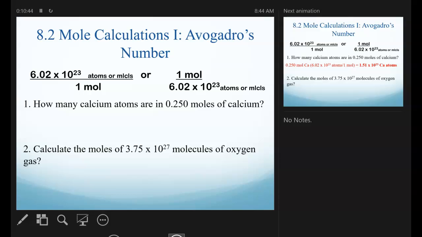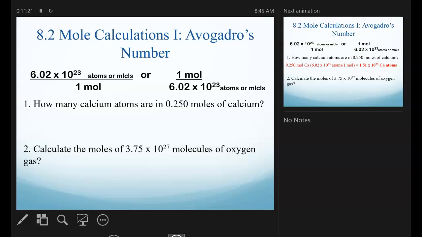Now, here's where you have to be careful. When you are dividing on your calculator by an exponent, you have to put the whole thing in parentheses. So, you have to put in 3.75 times 10 to the 27 divided by this number in parentheses. Why? Because if you don't tell the calculator that you're dividing by 10 to the 23, it'll do order of operation, it'll just multiply by 10 to the 23. Okay? So, you're going to end up with